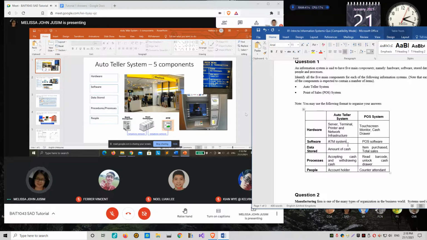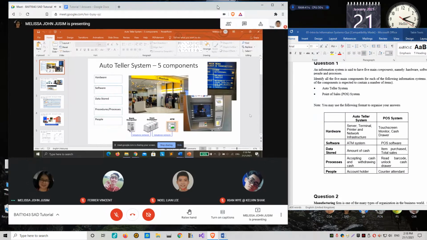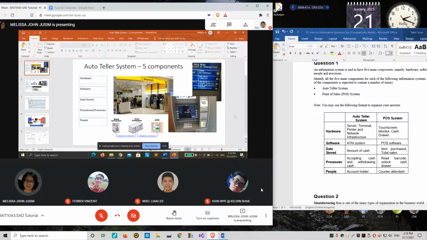So from there, it proves that in order for a complete information system to function, one of the components is the software. First, we will not be able to install the auto teller system without having the OS first. So you must include the system software as mentioned in our notes. So I want you all to refer to your notes.